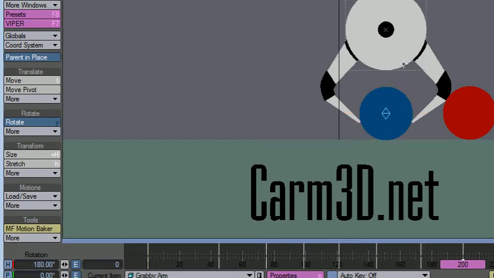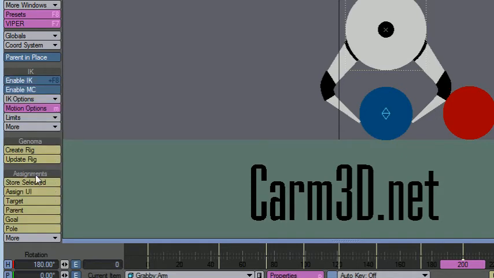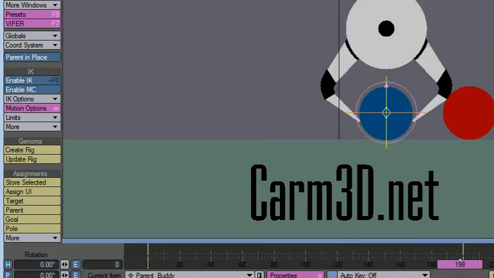Now I'm going to select this guy, store selected, with parent in place on, tell it to be a parent, and it does this on frame 200. I will just set a keyframe on frame 0 so that there's no animation on that thing whatsoever. Alright, so with this little null still selected, store selected, choose the ball,